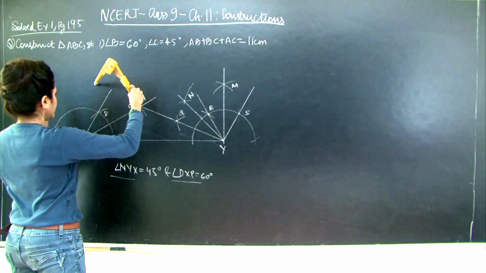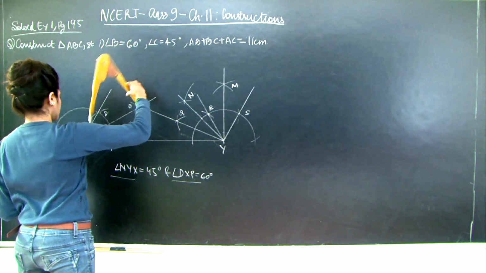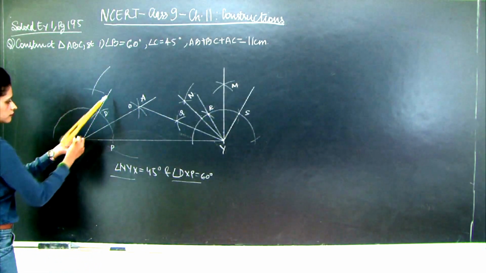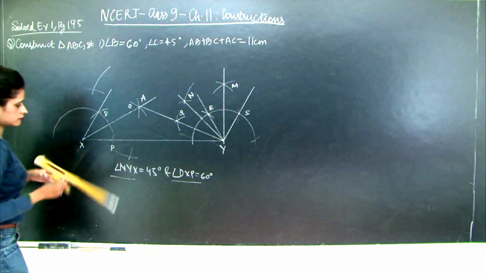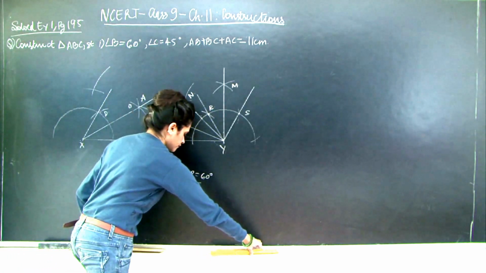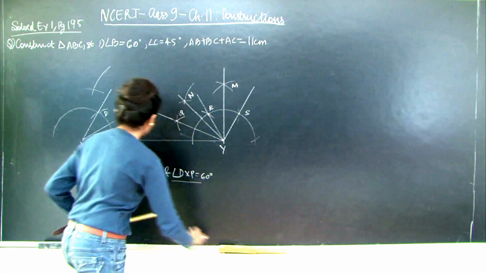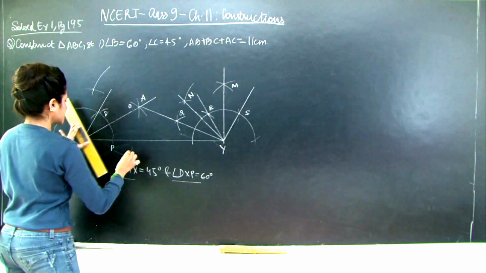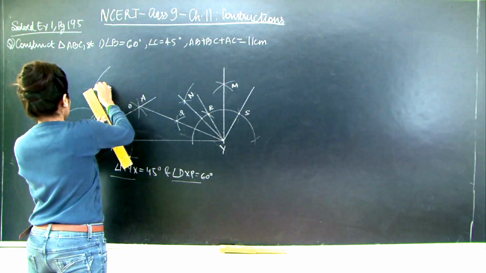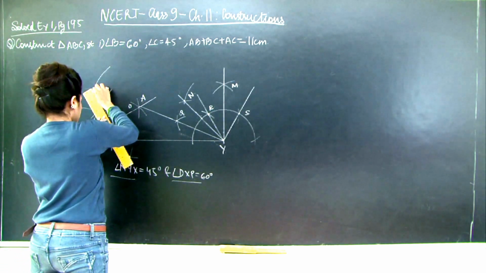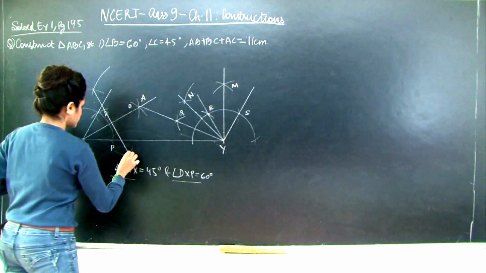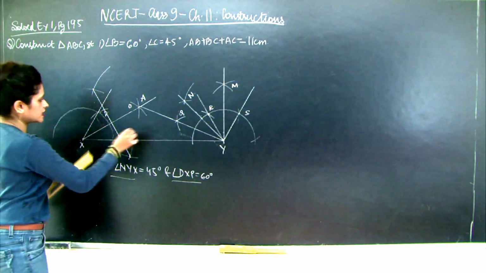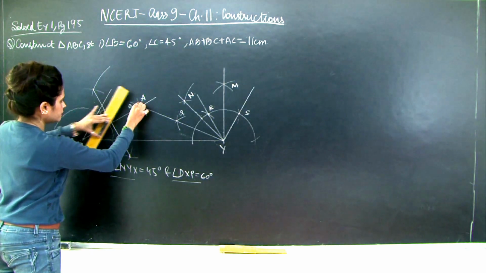Bisecting AX, joining the points of these arcs of the perpendicular bisectors. Let this point of intersection be B with XY. So I am going to join AB